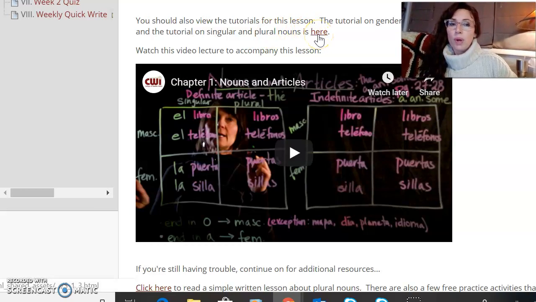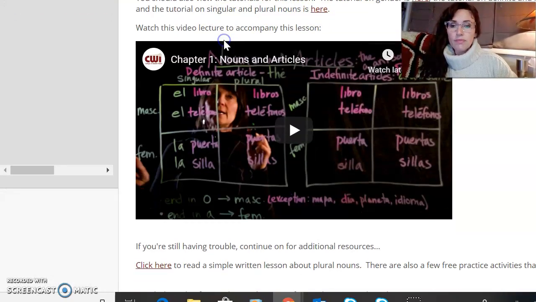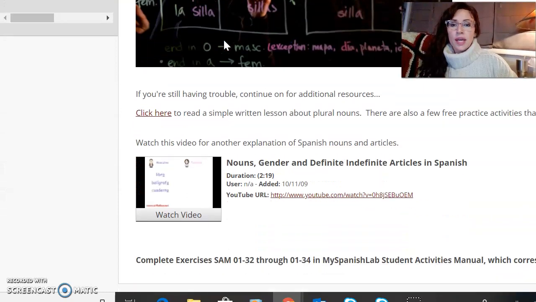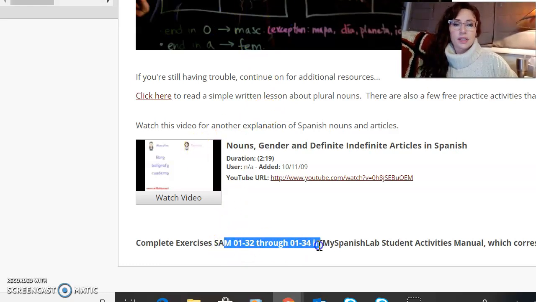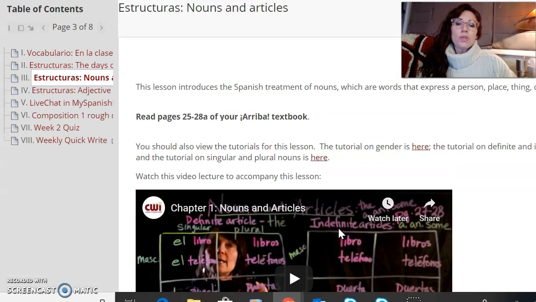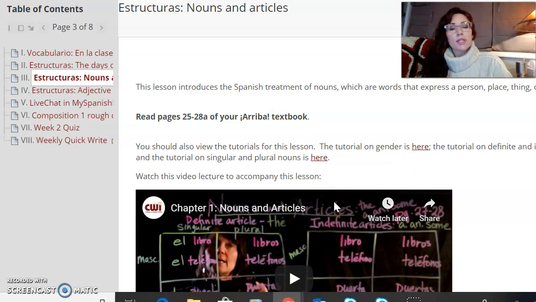Or I'll have web pages linked that have another explanation. And so this one has several linked pages plus 2 different videos, and then here the SAM assignments. So you don't need to use all of these materials that I have linked here. They're just different explanations of the same topic, so that if you read the textbook pages and it doesn't click with you, there's other ways that you can get that same content and have access to the material in a